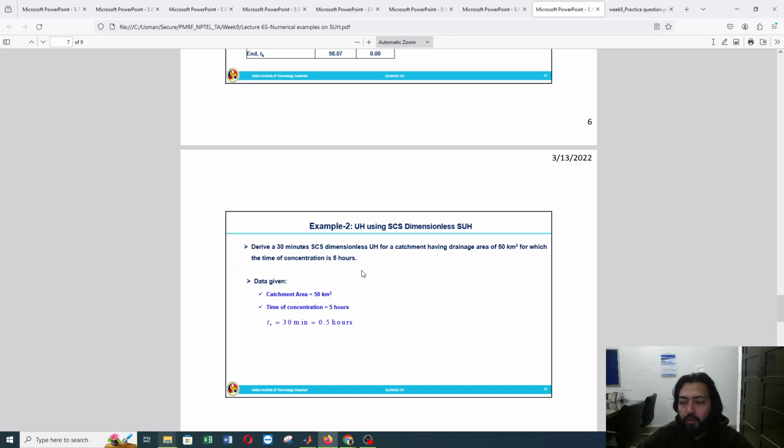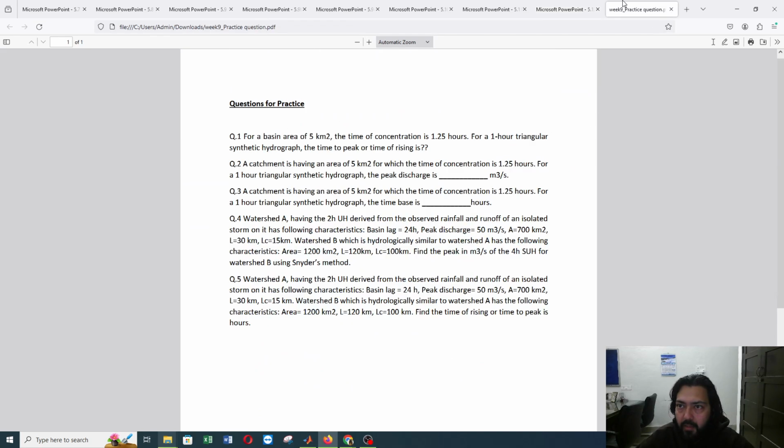So these are all the numericals in this week's session, and now we can solve a few practice questions. If we solve these practice questions, we will be able to solve the numericals given in the assignment also, right? So the first question here says that